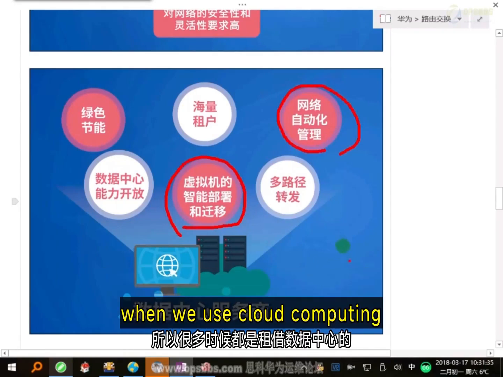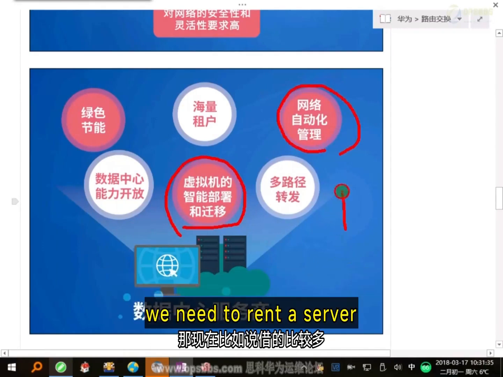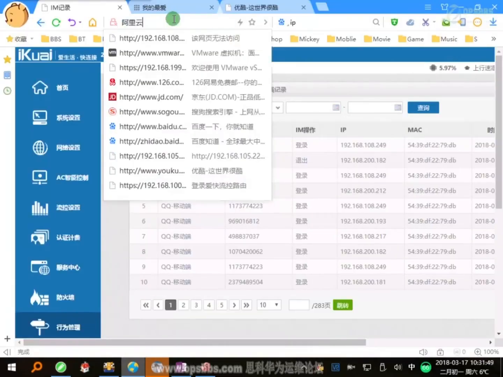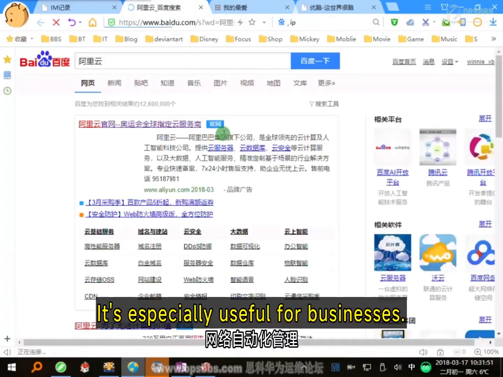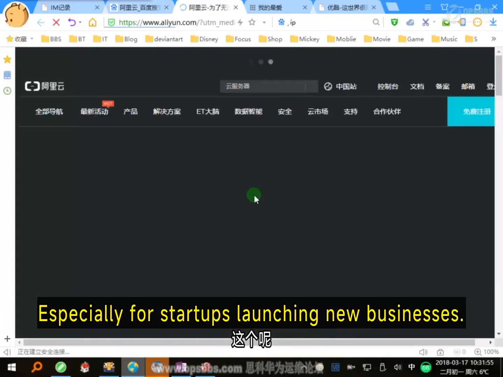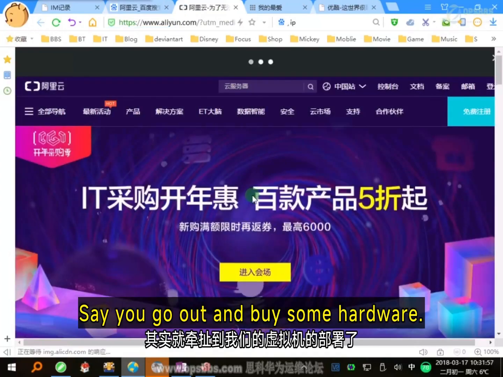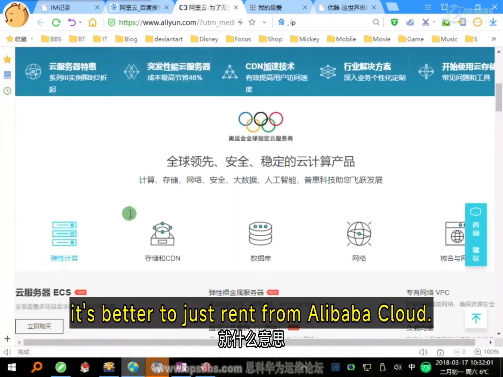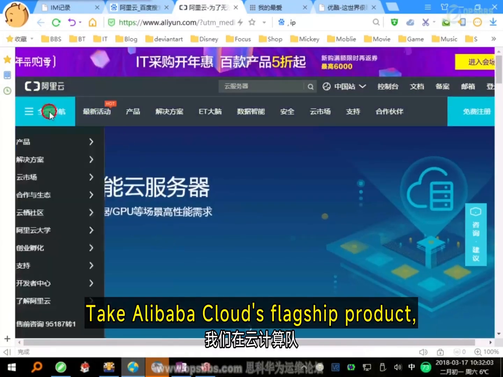What I mean is, when we use cloud computing, we need to rent a server. Simply put, like with Alibaba Cloud, it's especially useful for businesses, especially for startups launching new businesses. Say you go out and buy some hardware, the resources you spend, the cost involved. It's better to just rent from Alibaba Cloud. Take Alibaba Cloud's flagship product,